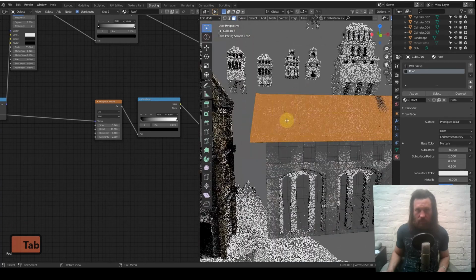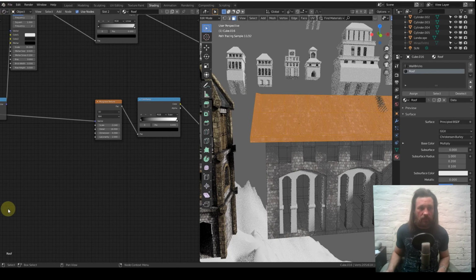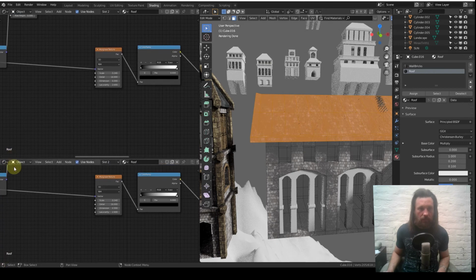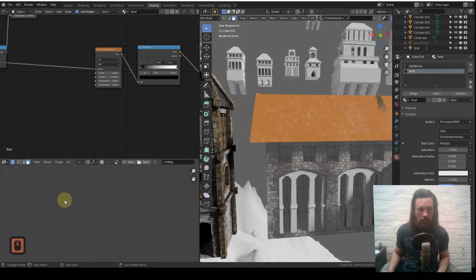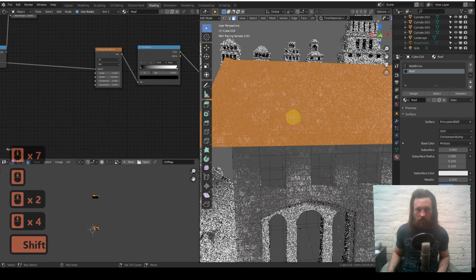So all we need to do is change into, go in the bottom corner here, just because we're going to be using this a lot. And then drag another window, and then select UV editor with this window. And again, it doesn't really matter where everything is, but as long as we know that we need,